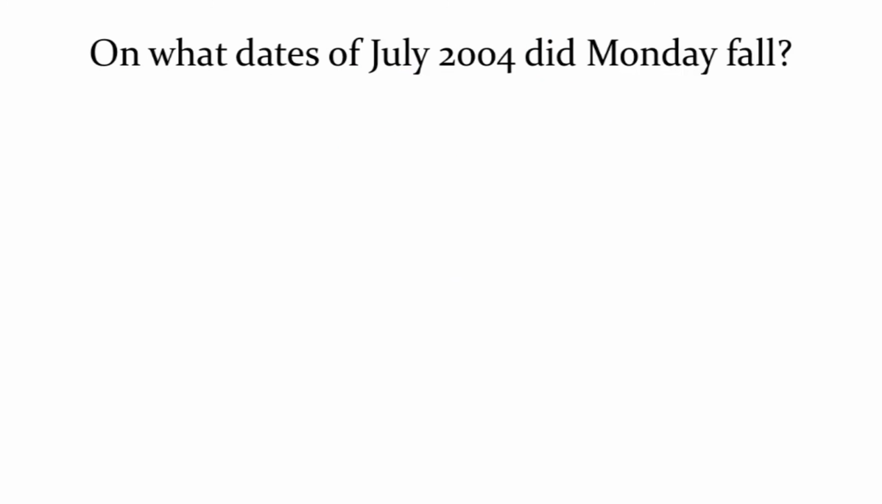On what dates of July 2004 did Monday fall? First find the month calendar. For that, find the day of 1st July 2004. 1st July 2004, it is the first day, 1. July month code